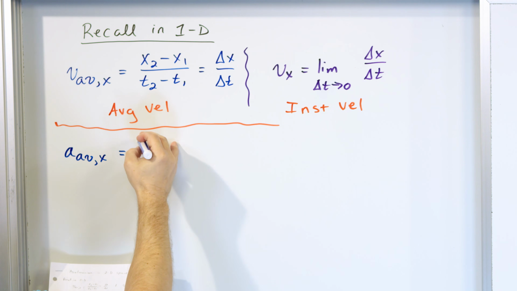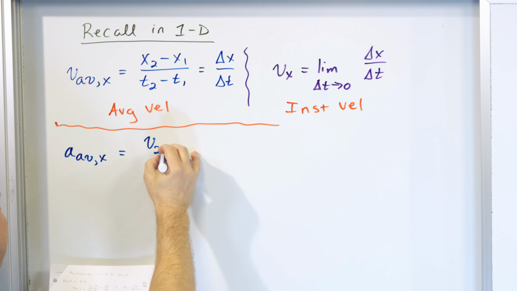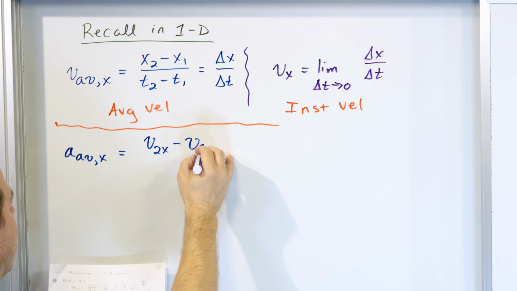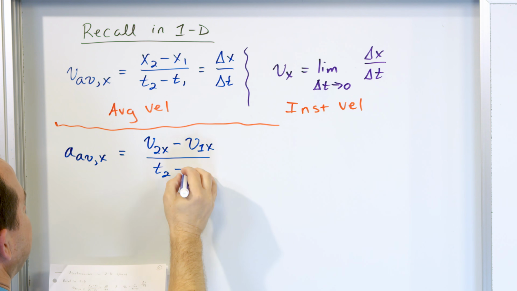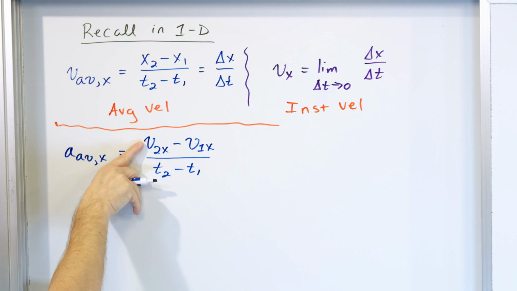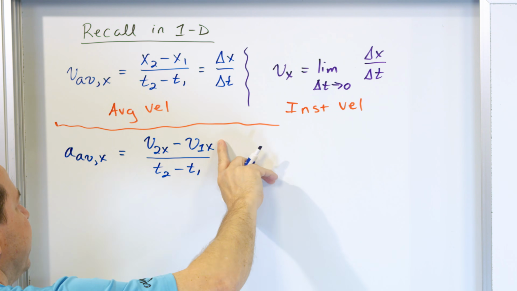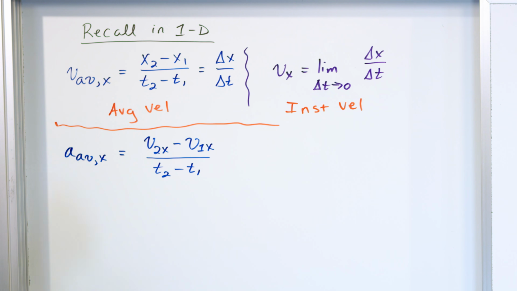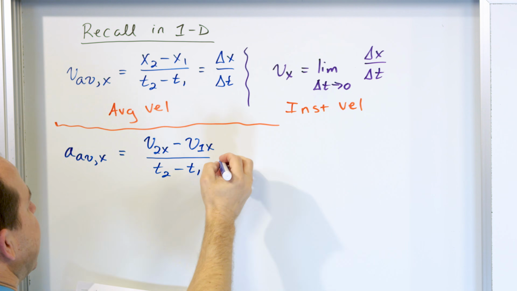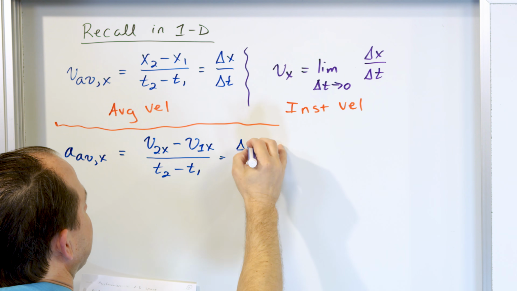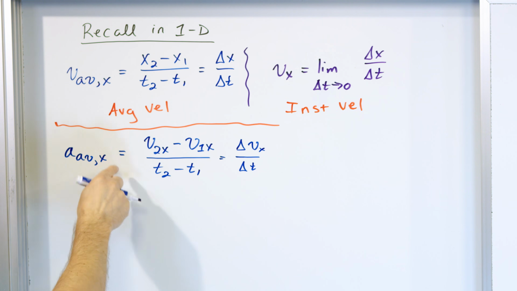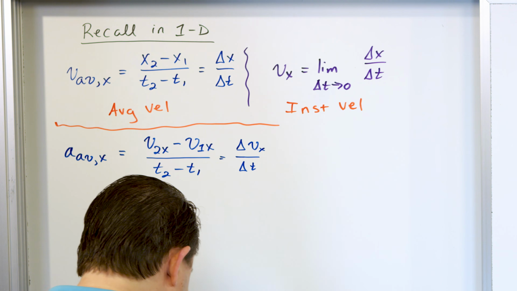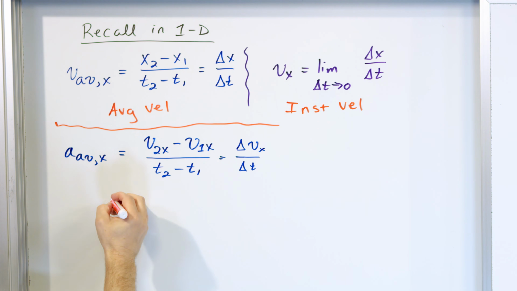So it's going to be some final velocity, v2 in the x direction, minus v1 in the x direction, and then it's t2 minus t1. This is literally taking the final velocity minus the initial velocity in the x direction. That figures out how much it sped up or slowed down, and you divide by the time it took. And the shorthand way we write this is delta v sub x over delta t. Now this is an average over some interval from initial to final. Okay, and we called this average